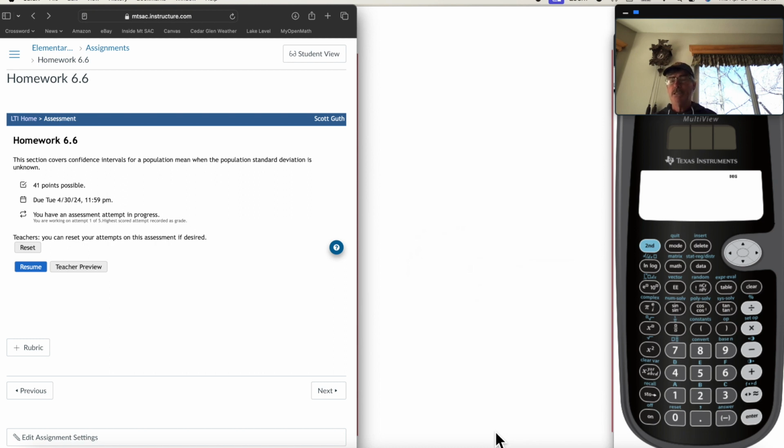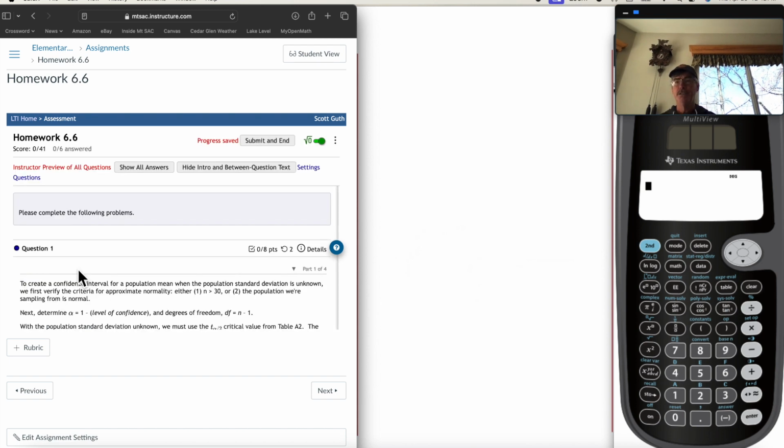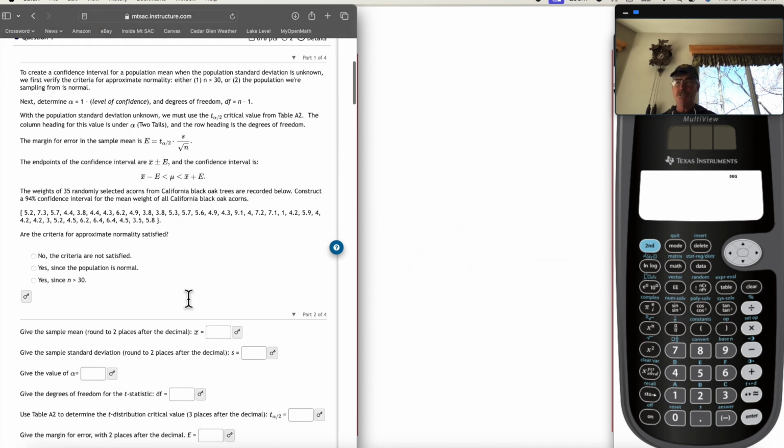Hi everybody. We're going to look at a homework problem in section 6.6. These are all pretty similar, so I really only need to go through one of them. I'll show you the teacher preview real quick. The only difference between some of these problems